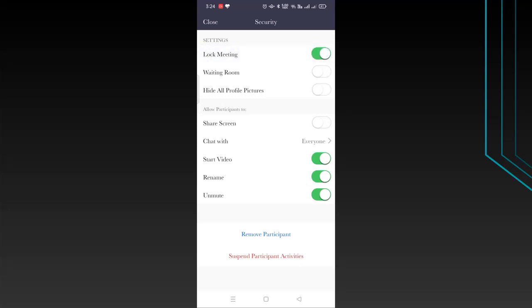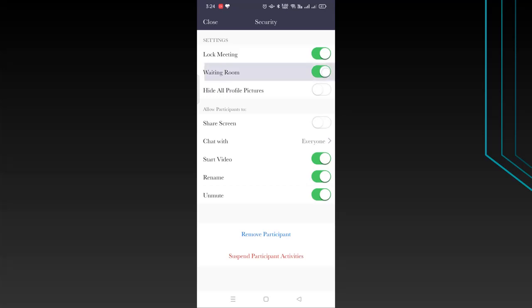So when you lock the meeting, it means that no new person will be able to enter your meeting room. So in case you feel that okay, all the attendees have come, or whoever you have invited, everybody has joined, now I don't want my link to be misused, like by mistake it gets shared to somebody else and they're trying to join a meeting. If you don't want that, you lock the meeting. So only whoever has entered, they'll be there. No new person will be able to enter.